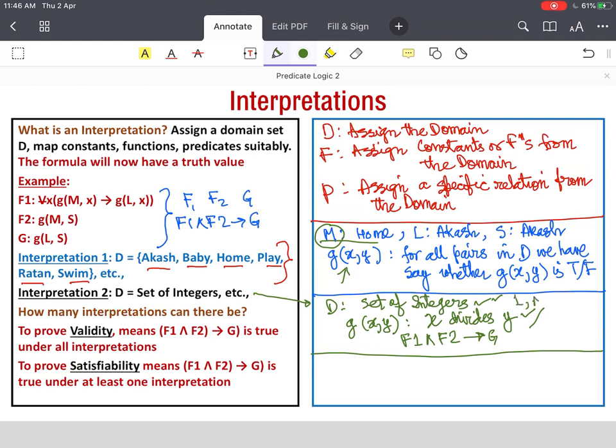And then we also have to define the constant symbols L, M, and S. Maybe we could define all three to be 1. We could define L to be 1, M to be 2, and S to be 3, and so on and so forth. The interesting thing that we will see is that whatever interpretation we define, and you can imagine how many interpretations there are,